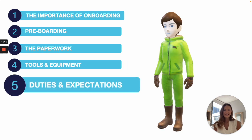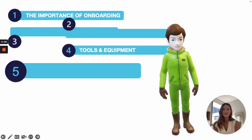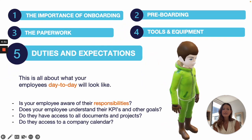Now, duties and expectations are all about what your employee's day-to-day will look like. Ensure you're working with team leaders to define the core steps for an employee to become a productive team member. For example,